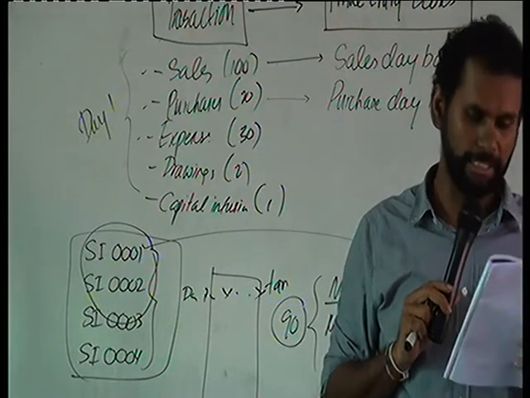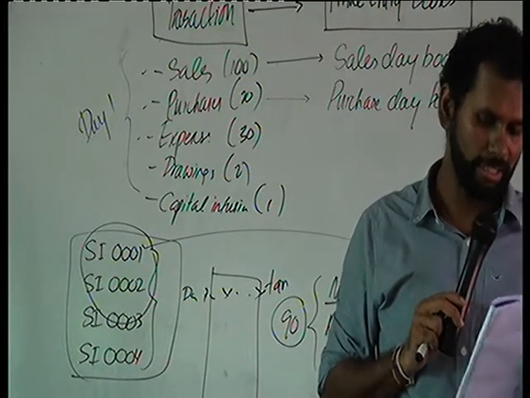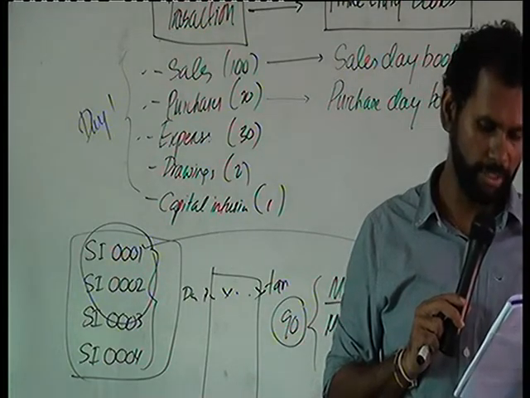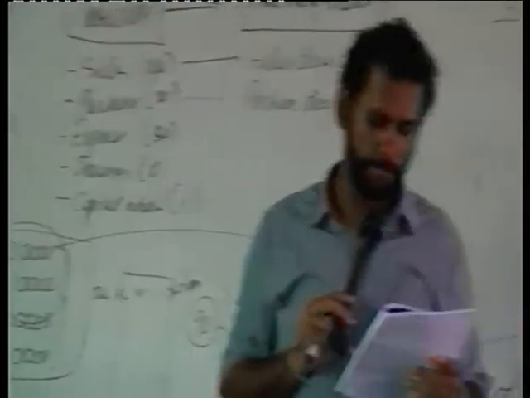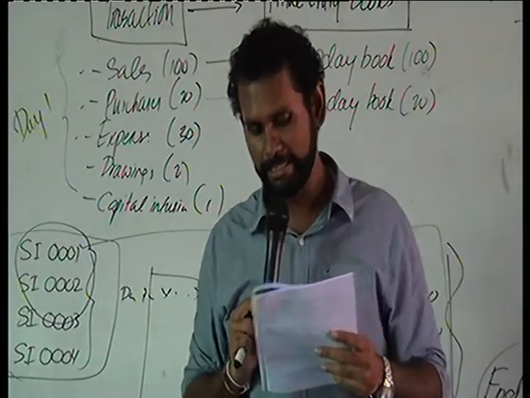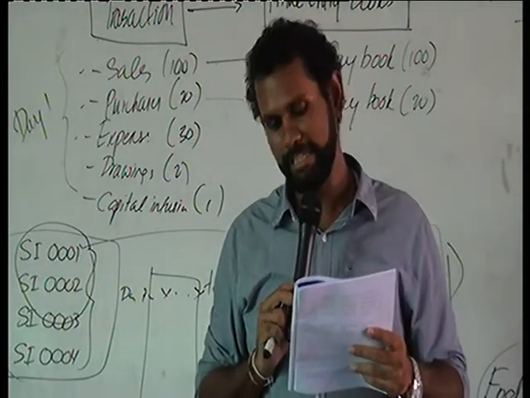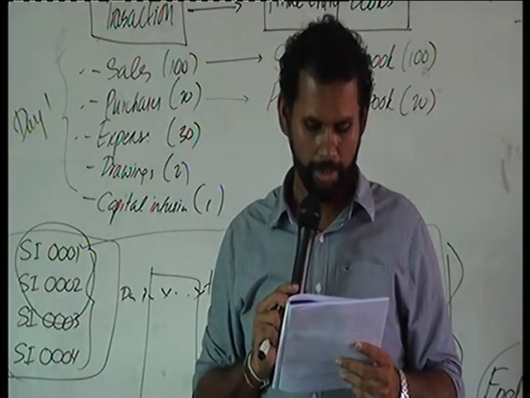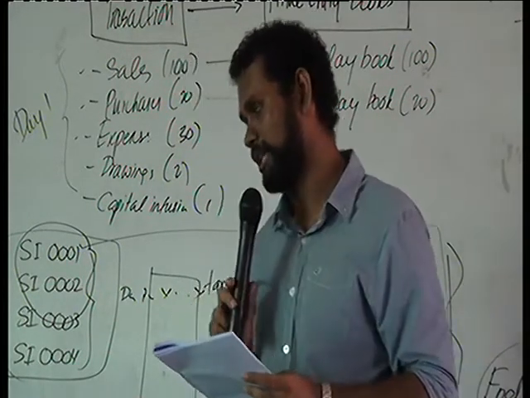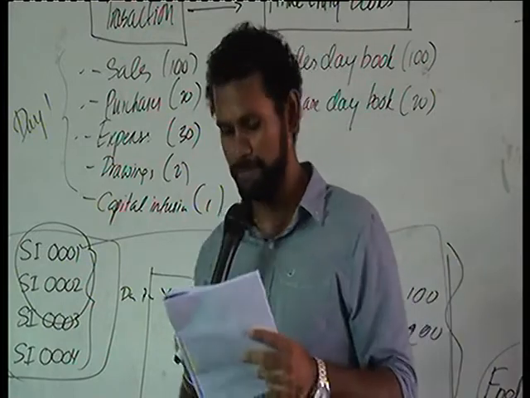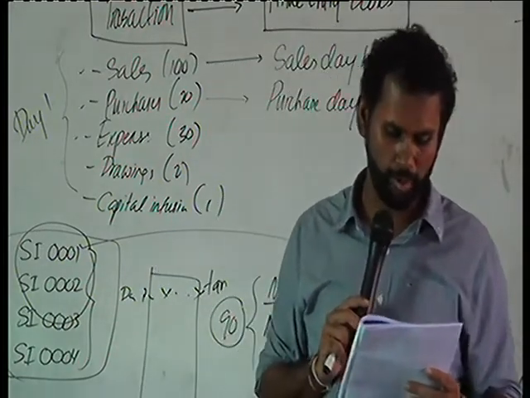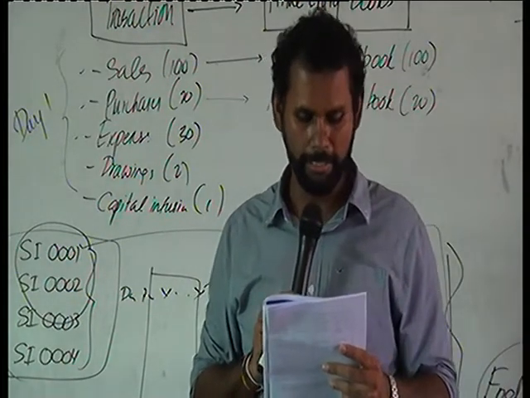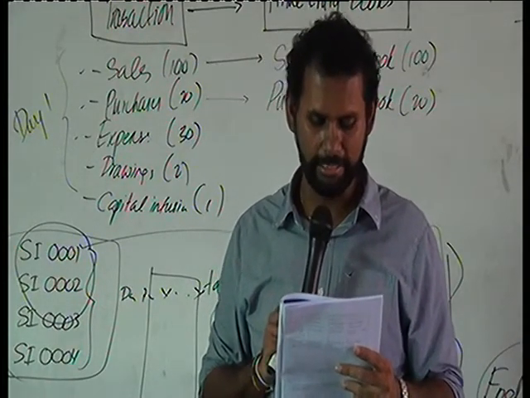So you can see the source documents. We have purchase invoice, debit note, sales invoice, credit note, PC voucher, that is petty cash voucher, receipt, payment voucher, journal voucher, likewise. Right? So different source documents are available for different types of transactions. And then you can see prime entry books also. We have different types of prime entry books: purchase journal, purchase return journal, sales return journal.